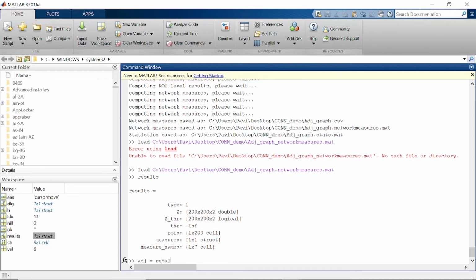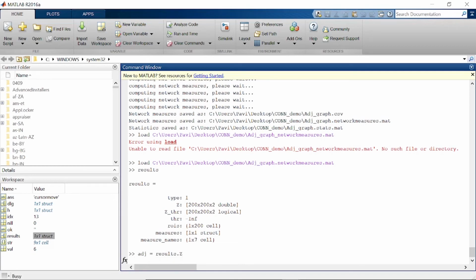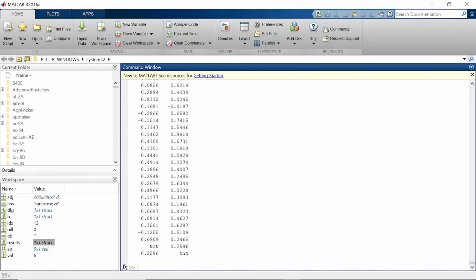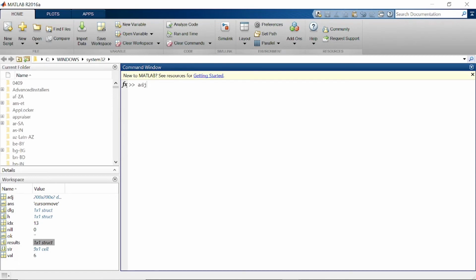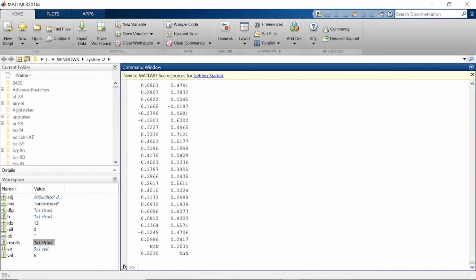So if we open Z, that's the matrix, but the Z is the z-scores of the correlation coefficient, and since we want the raw correlation coefficient, we can simply take tanh of this matrix to get the raw correlation coefficients. Yeah, that is our matrix. And if we want to visualize